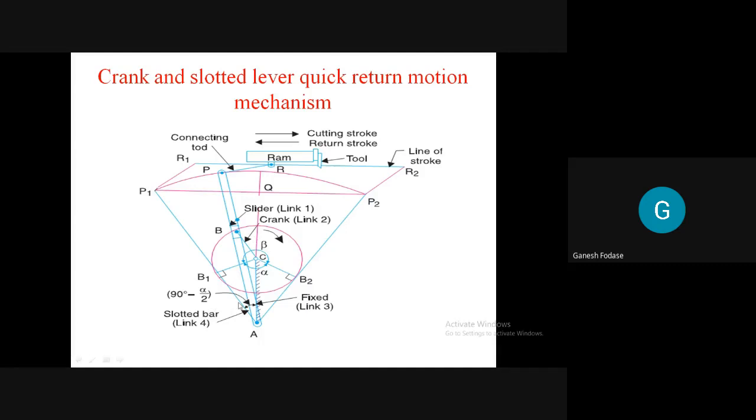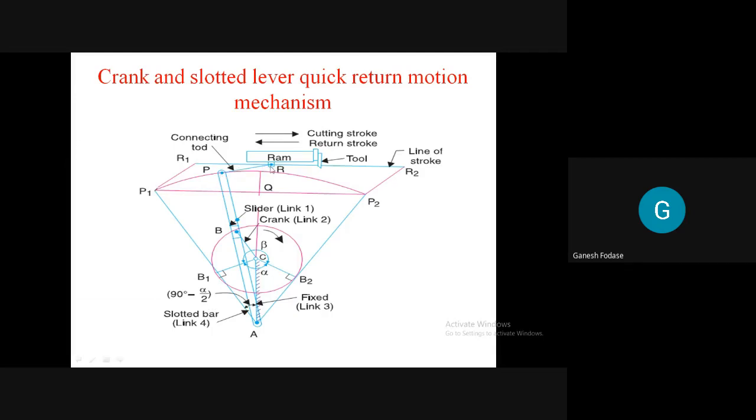In this position, let's say B, C, A up to P. But we can say this P point is the end point of this mechanism. Basically, when you talk about a 4-bar mechanism, I'm saying a 4-link mechanism up to here, link number 2, 3, 1, and 4. But in order to use this like a Whitworth quick return motion mechanism, we add one more link here, that is PR. PR is one additional link called a connecting rod.